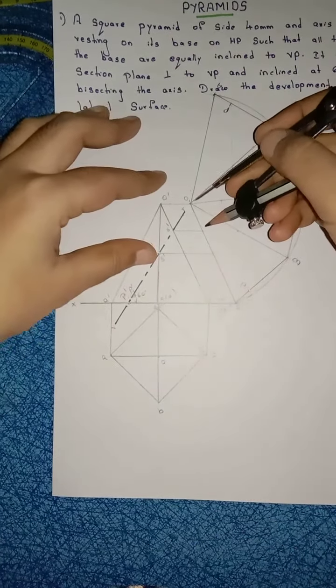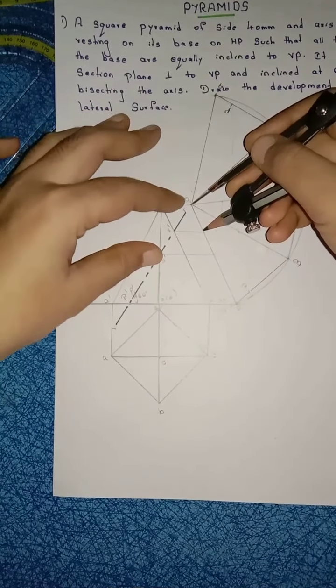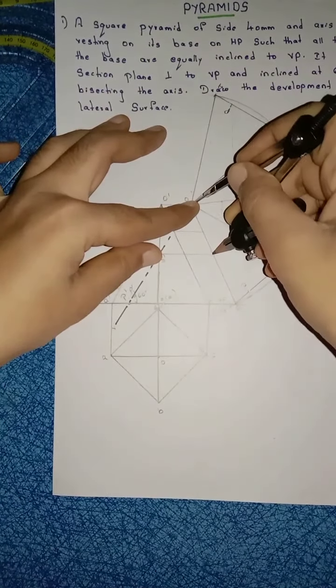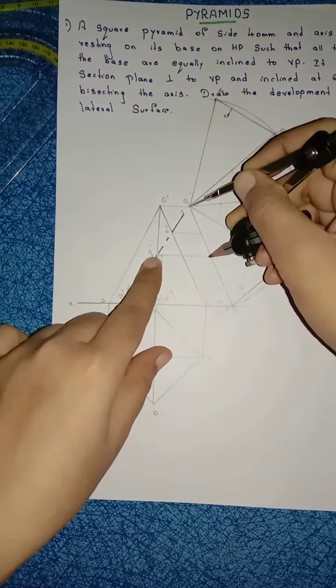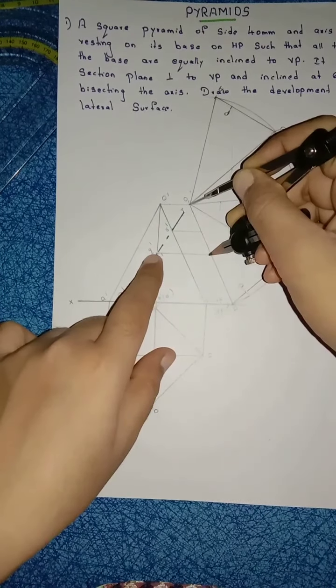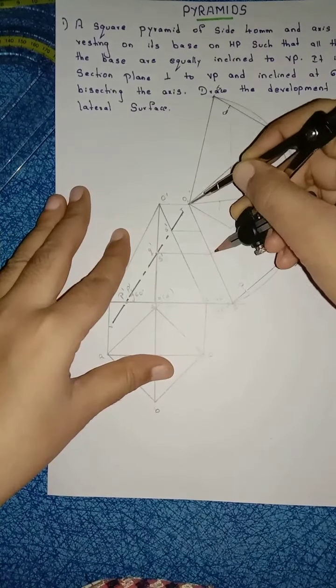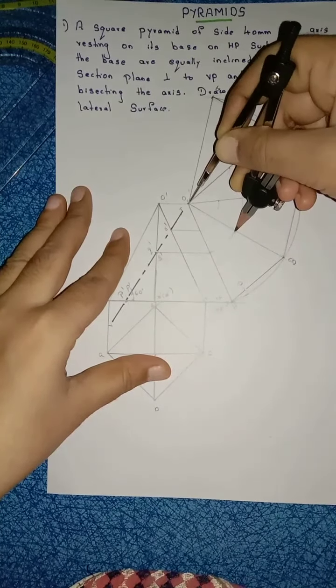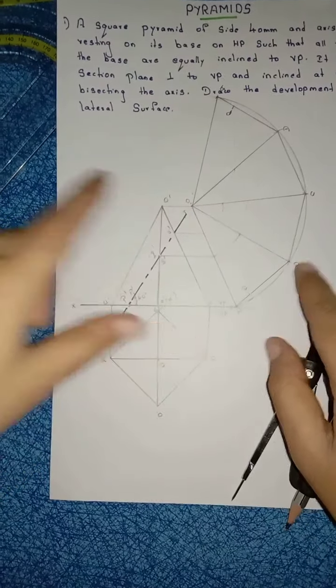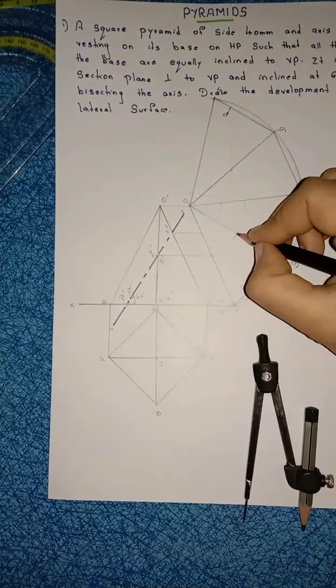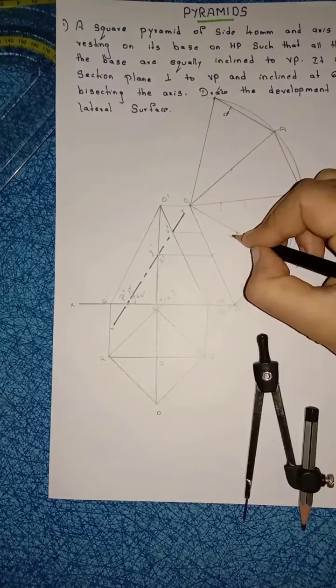Right? So I will place my compass on this O1. Right? I will take this distance from point where I drawn the horizontal line. I will take this distance. Right? Now I am constructing a curve. In between OB, I should mark Q point. In between OB, I am marking the Q point here.